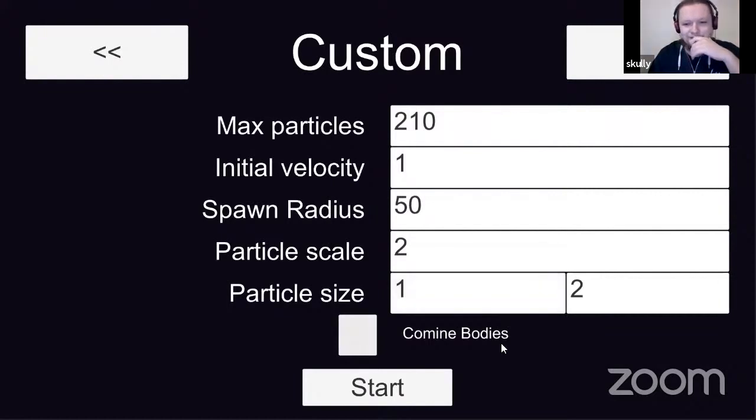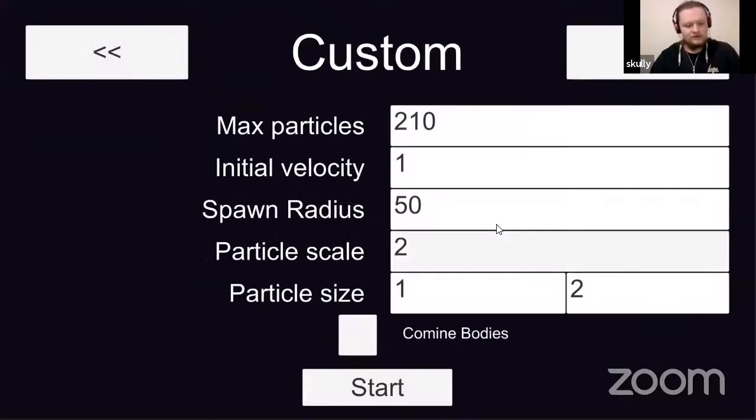I know I've been talking a lot, but the last thing I was going to say is that it was quite nice combining those bodies. One thing that was quite interesting about having them not combine is that when I combine the bodies, I basically make it so that the center of gravity is in the center, whereas if I have a range of different sized bodies,